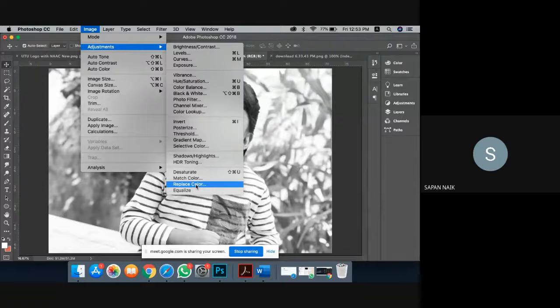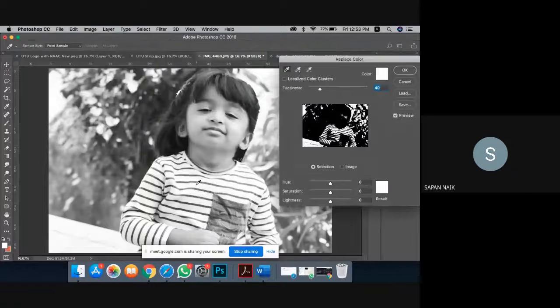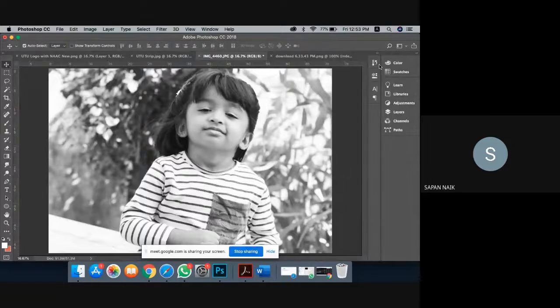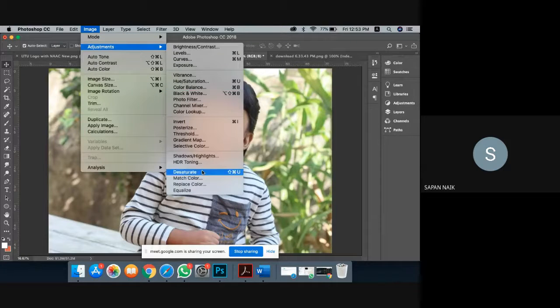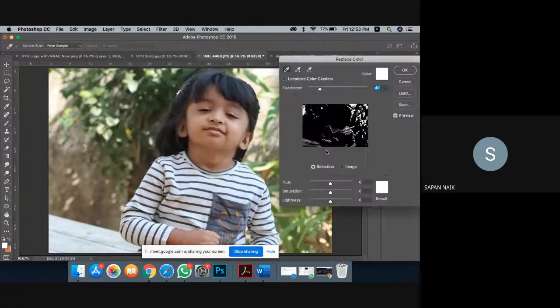In the same way, there is a tool called replace color. Currently, as it is a black and white image, we can't do that, so better go to history and make it open again. Go to image, adjustment, and replace color. Here also you can increase your saturation and everything, and you can change your image.